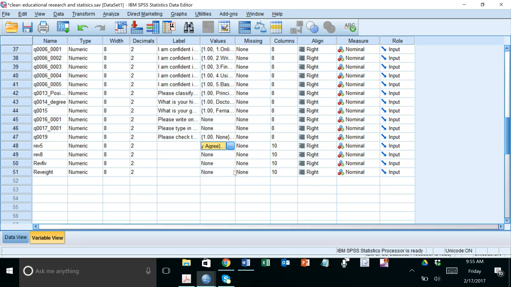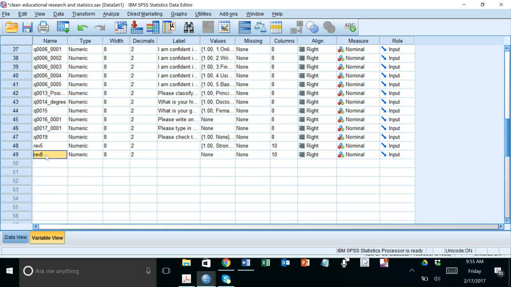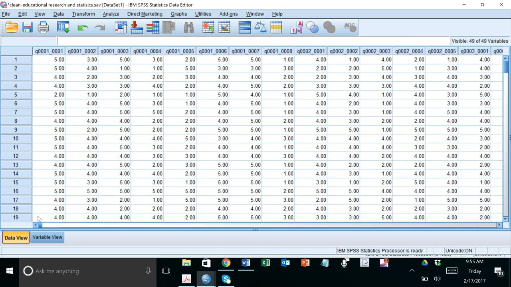So we reverse. The same thing applies to this one. You can change it later. Okay, reverse 5 and then reverse 8. I know we have 2 here because I already developed them. I am going to clear this one because reverse 5 and reverse 8, this was the one I developed earlier. So now go back to here,